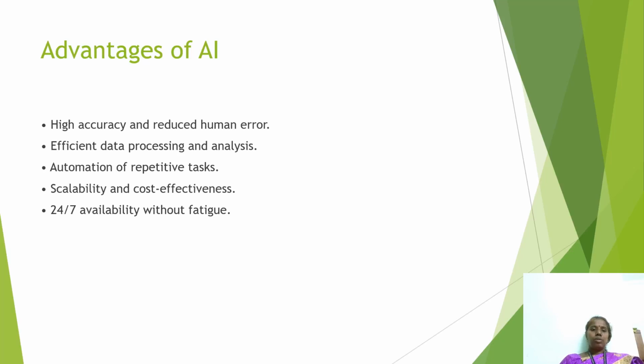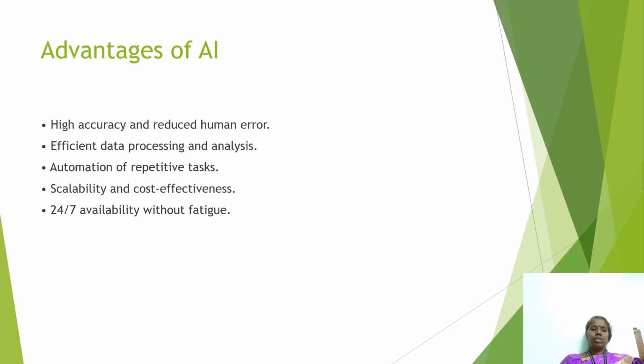So we have listed different types of advantages. First, we are going to see efficiency and automation. What is efficiency? Artificial intelligence automates repetitive tasks, smoothens workflows, and reduces human error. This helps us save time and concentrate on more strategic and innovative tasks. So next, improved decision making. AI's ability to process and analyze large data sets helps businesses and individuals make informed data-driven decisions.